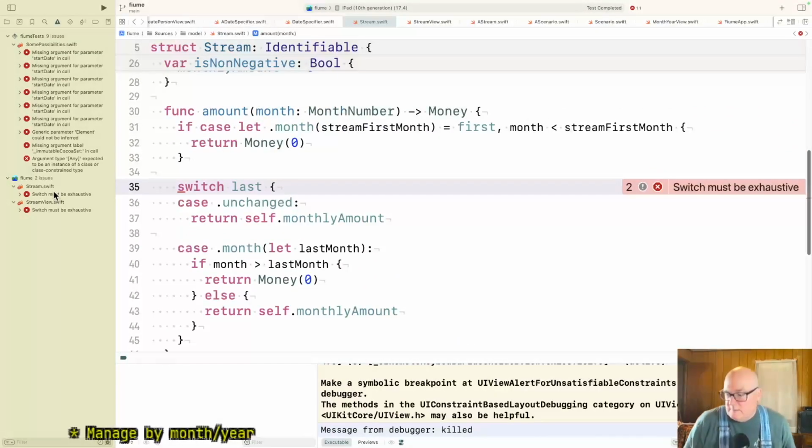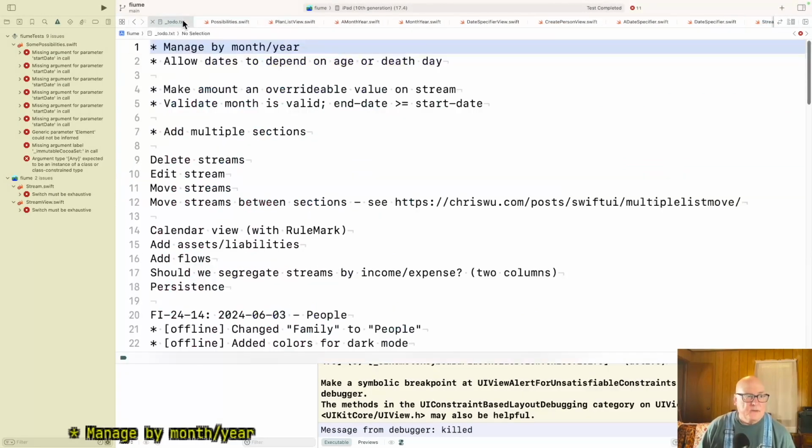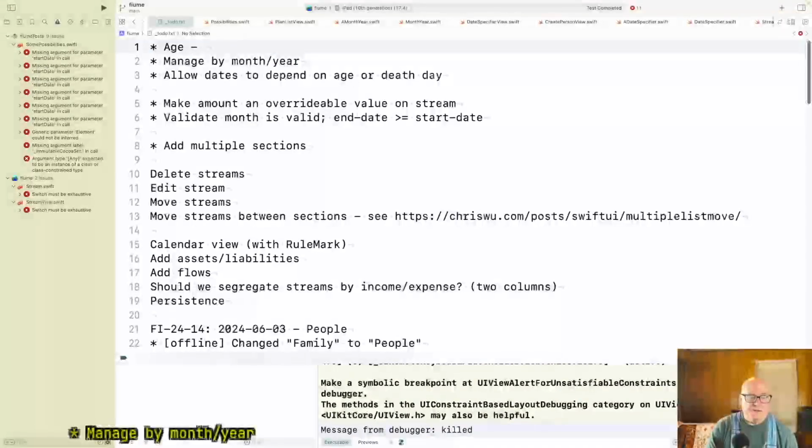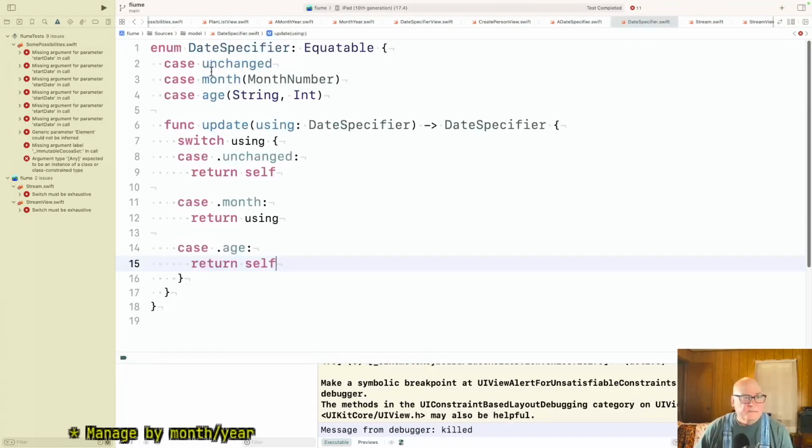All right, let's get age equatable and update.